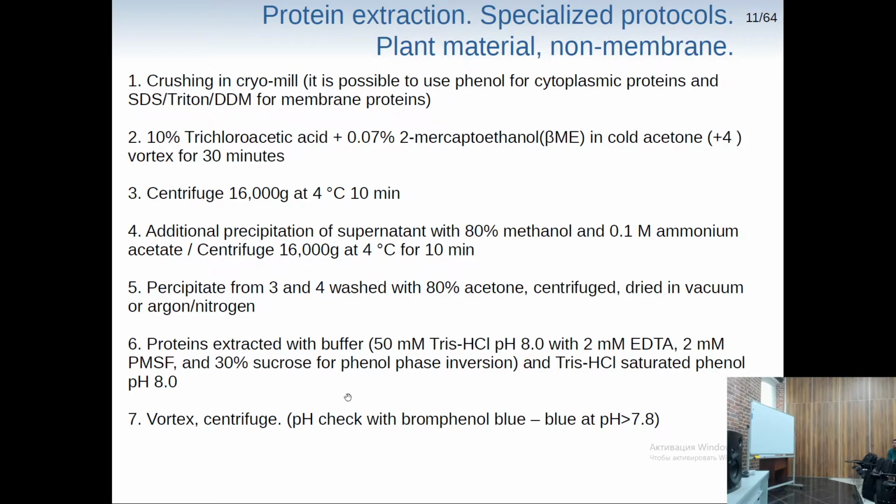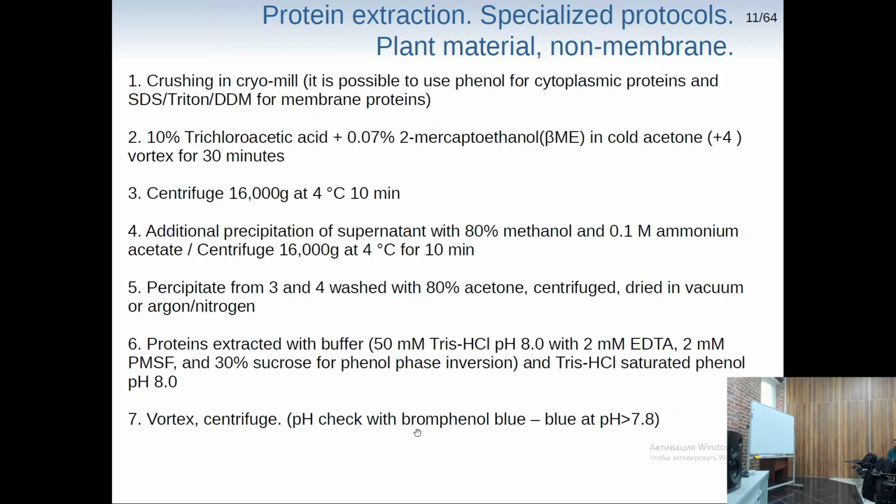So phenol and this water with sucrose, or rather phenol at the bottom and sucrose at the top, we will be able to actually aspirate it easily. Because vice versa, you will have to punch through this phenol and get your phase from down there, which is not quite convenient. Also, what I want to stress here is that the pH of phenol is of